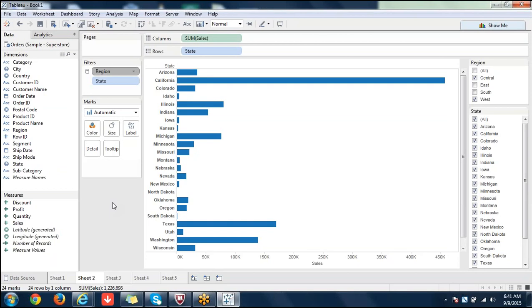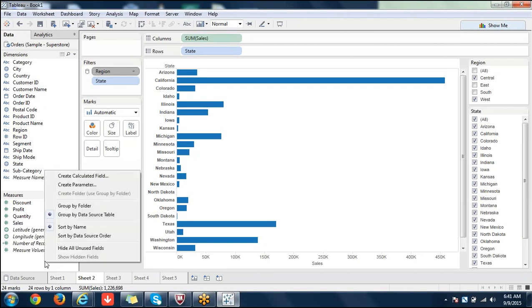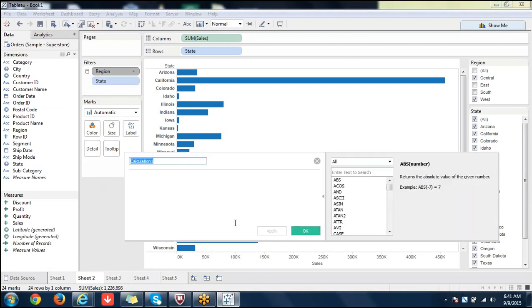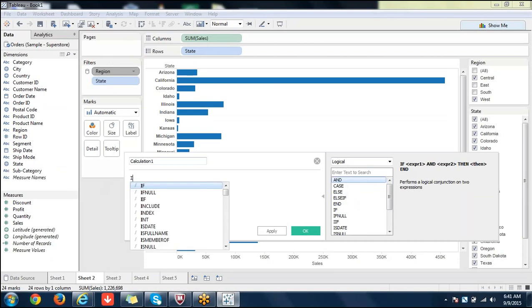Right. So in calculations, when you create a calculated field, we have something called logical. For this you can use if then else, or you can use case when also. Both are similar. If it is just a string you are comparing, you better use case.